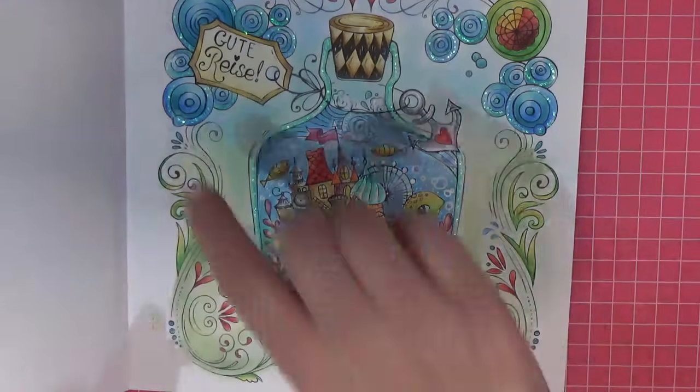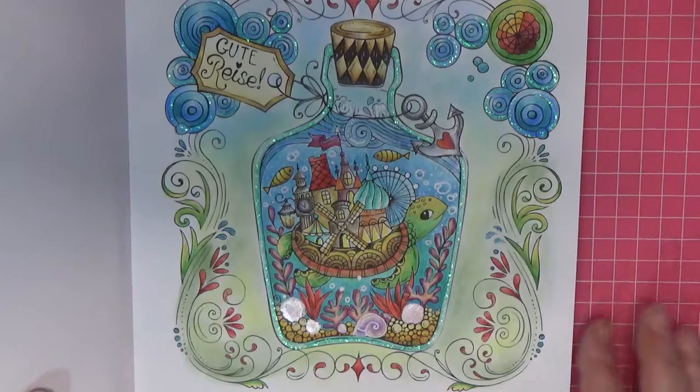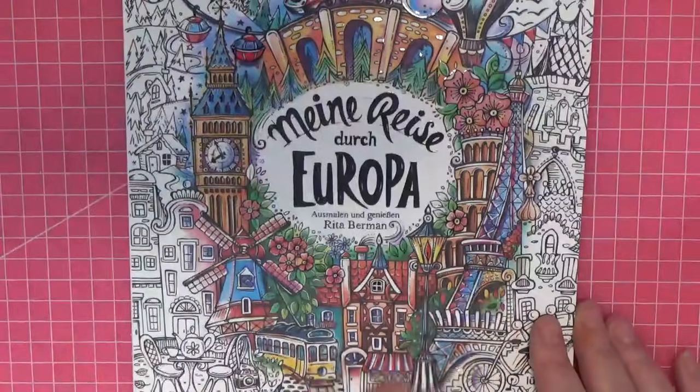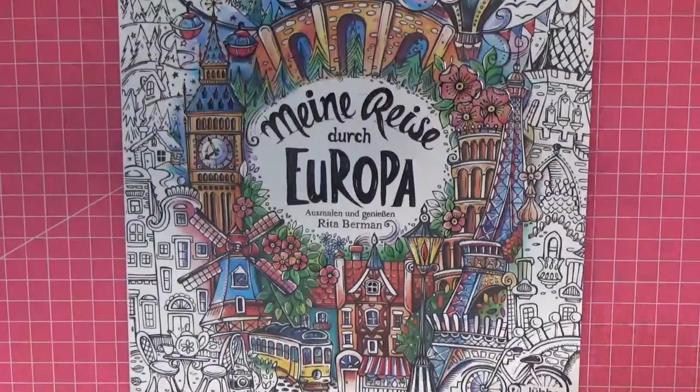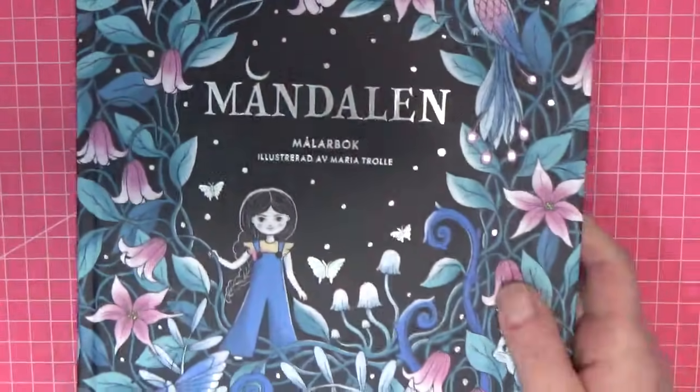Yeah, so lots more coming this way. I wonder if I might do more with Inktense because it works really well in here. So that was my trip round Europe by the wonderful Rita Berman. Then I finally got round to colouring in